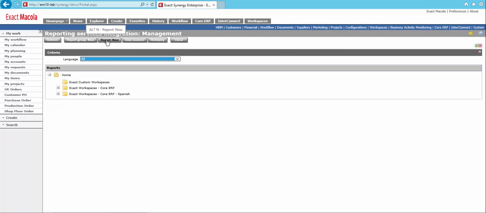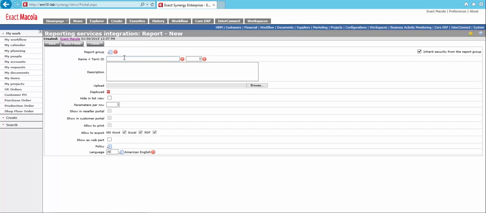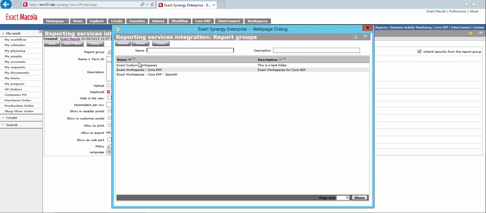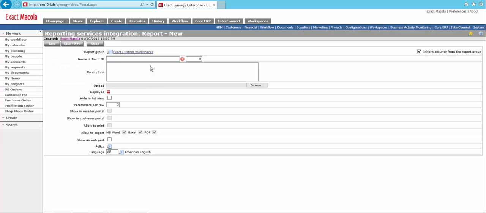Now, I'm going to come up and say Report New. The first thing I need to do is assign the report group. So I'm going to go out and pick the group that I just set up. Now, you can name the report whatever you want. Again, just as a best practice, it's a very good idea to keep the name consistent with the name of